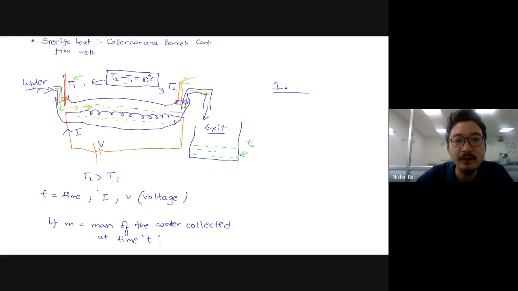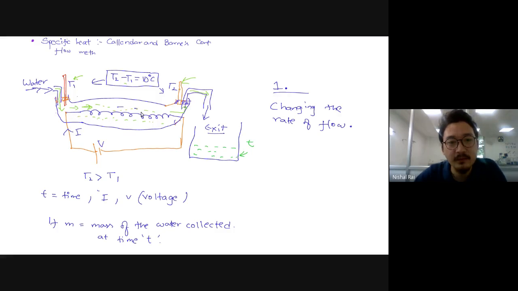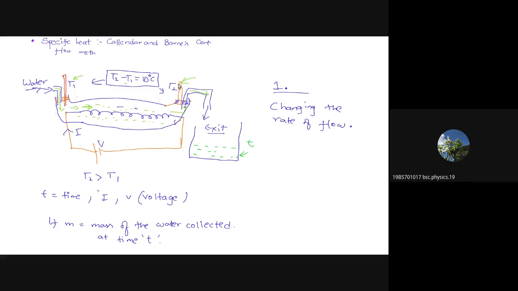Sir, you want to find the temperature of T1 and T2. How do you do it? By changing the rate. If you start pouring the water very slowly, then the difference in temperature will be very prominent, isn't it? Because the water will stay longer over here. Is this point clear or not? No, sir.